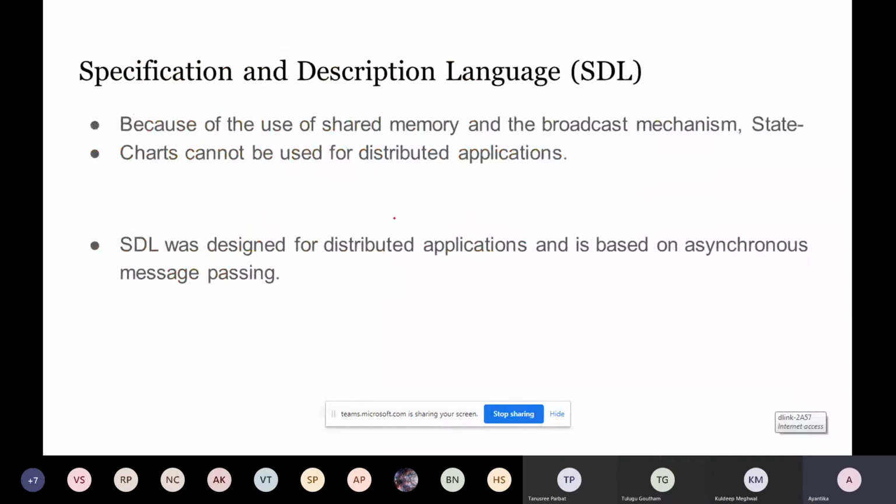Now we will discuss some concrete limitations of FSM itself, and for that we are thinking about some other description languages. So one main thing is the use of shared memory. This is a continuation. When you consider state chart related hierarchy and concurrency, and whenever you are thinking about some modeling, shared variable related applications, we have seen in different types of scenarios, different types of examples here.